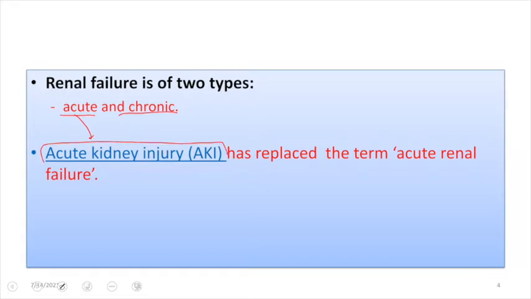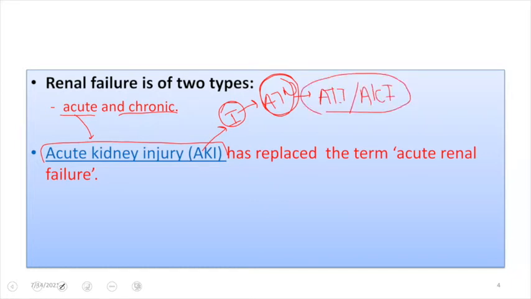We'll be knowing that when we'll be discussing about the causes of acute renal failure, the major cause of acute renal failure is the intrarenal cause, and the most common intrarenal cause that manifests with acute renal failure is acute tubular necrosis, and this has been given the new name, and that is known as acute tubular injury, also known as acute kidney injury, and this is the major cause of acute renal failure. Hence, the term has been replaced by acute kidney injury as well.